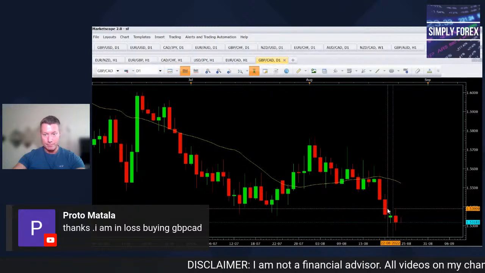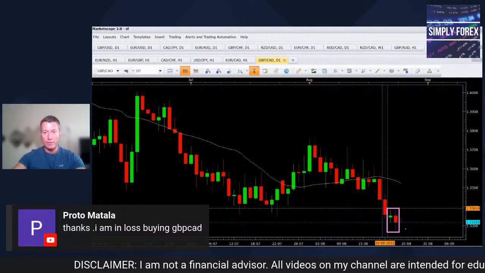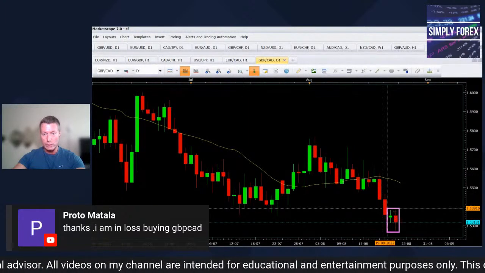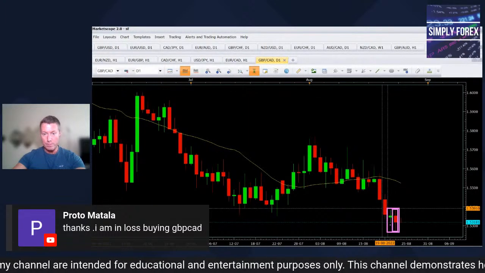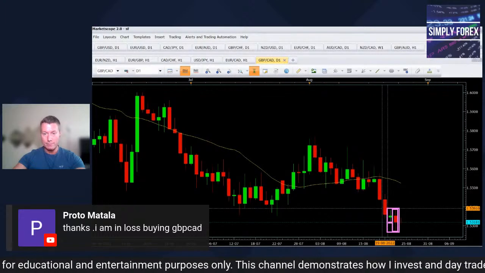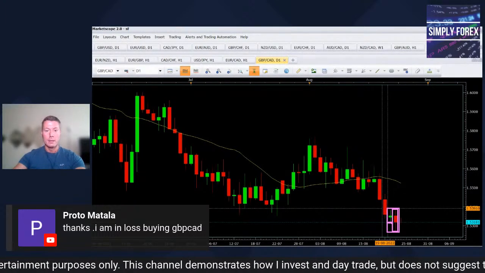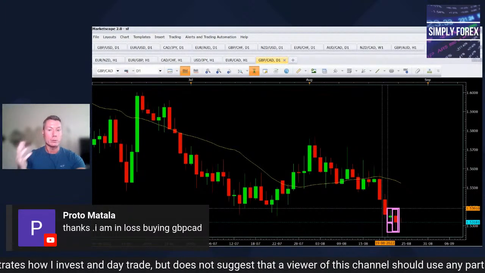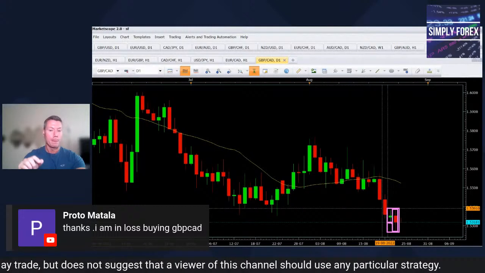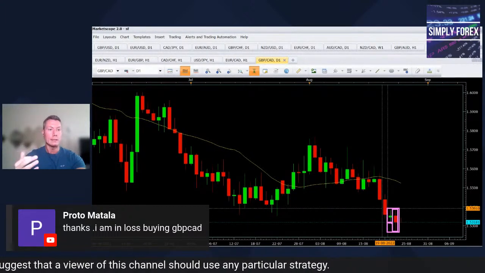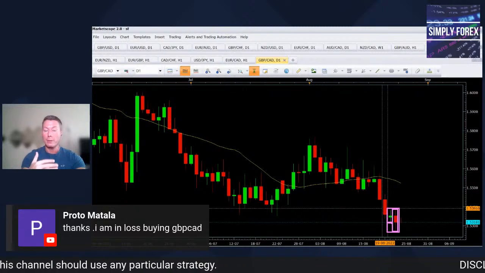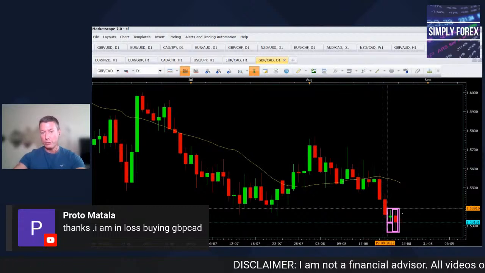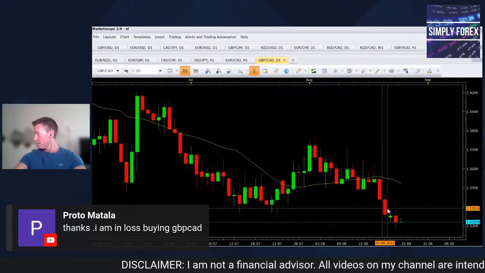But if you were in a buy, this is encouraging. You've got these 2 candles here, one was a doji, and then this large daily candle closed back into the area of this doji. I look for that. I can show you all the intricacies, guys. We do a mentoring program as well here at Simply Forex. We can go into a lot more detail. As part of my mentoring program, if any of you are interested, then please get in touch on the email. But I look for that on this pair.